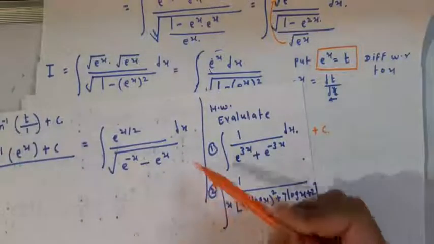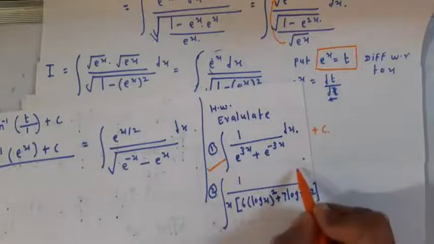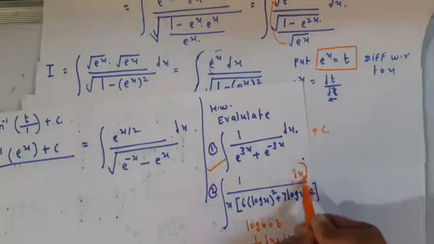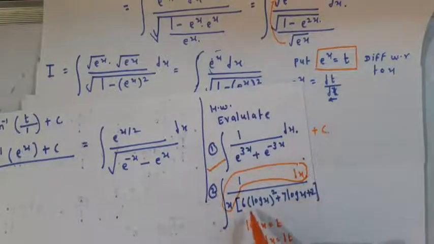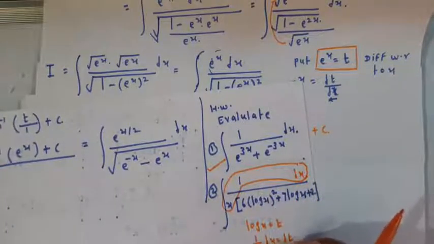Okay, we have solved two problems like this type, and in this problem you have to substitute. The substitution is put log of x equal to t, then you can solve the problem easily. Then differentiation of log of x, that is 1 upon x dx, equal to dt, that is dx upon x. And this becomes 6t square plus 7t plus 2. You can solve the problem easily. Okay students, let us take one more example.